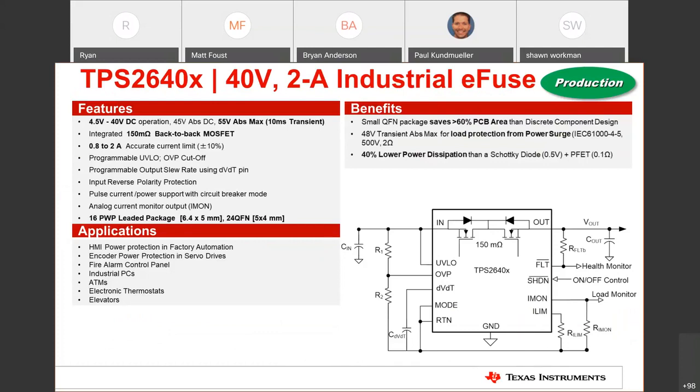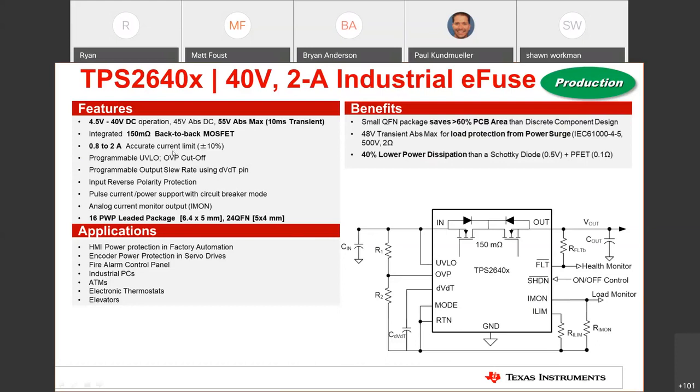The first device we'll talk about is TPS2640. This is our first 40 volt eFuse that we've released to market. TI has a large portfolio of 60 volt eFuses, but this is our first 40 volt. The device is capable of supporting up to 2 amps and has integrated back-to-back FETs with 150 milliohm of RDS(on).